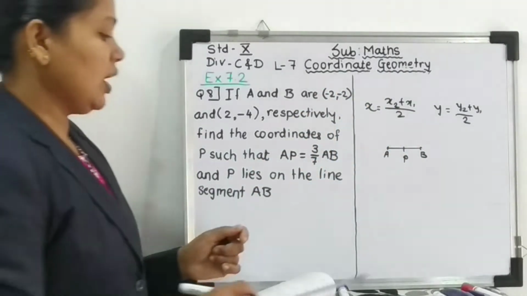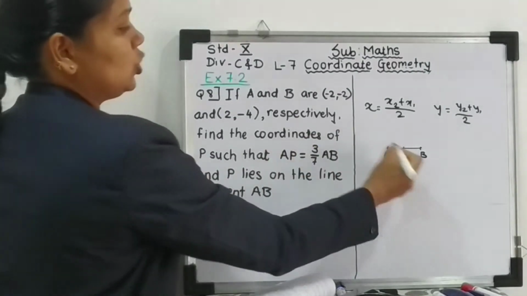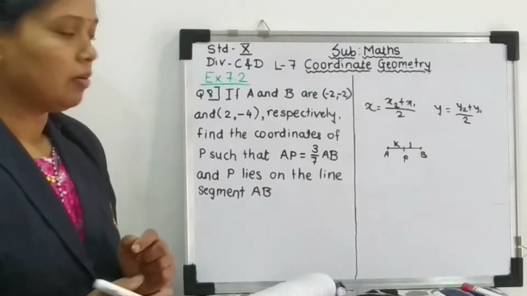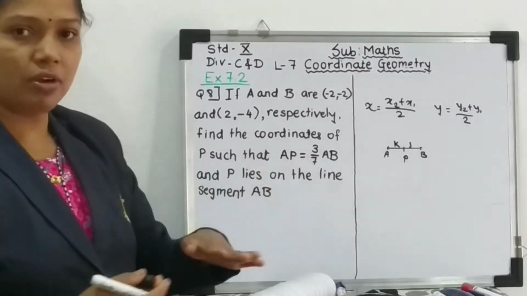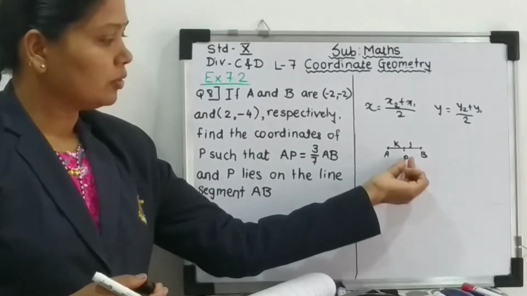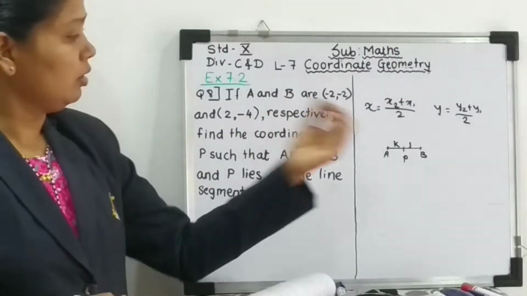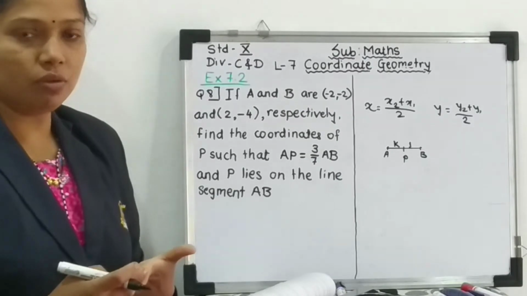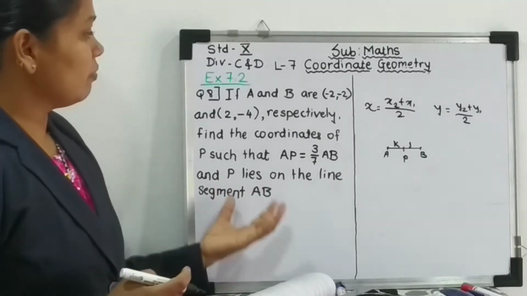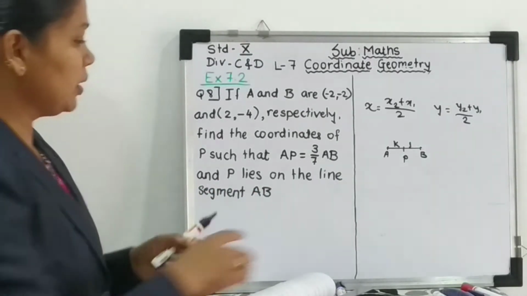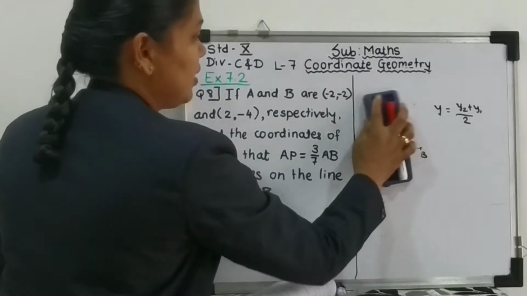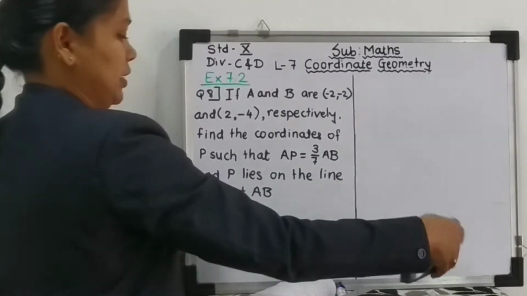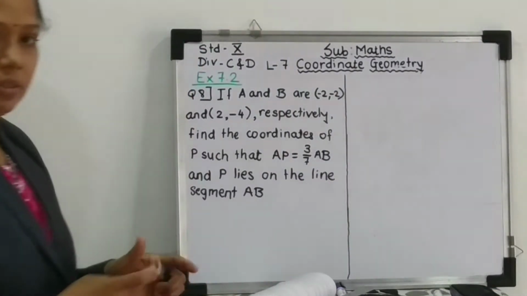Then again we have seen that when the ratio is in the k is to 1 form, we find the ratio of the given segment, and so we found m1 and m2. Now we will start with question number 7. Question 7 is actually for homework, I am just going to explain it. You solve it as homework.